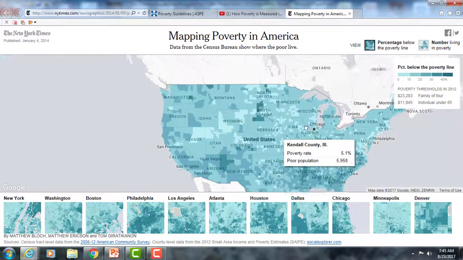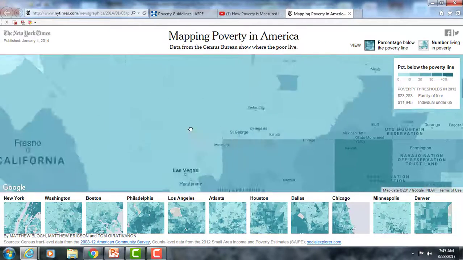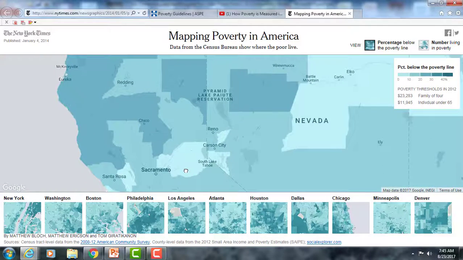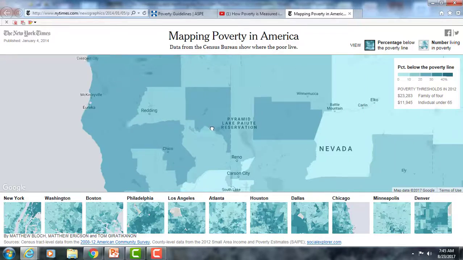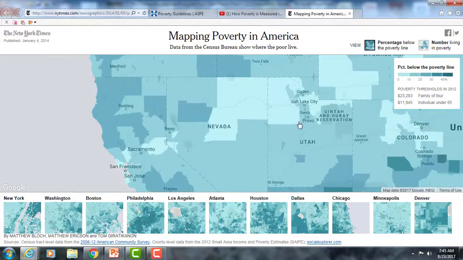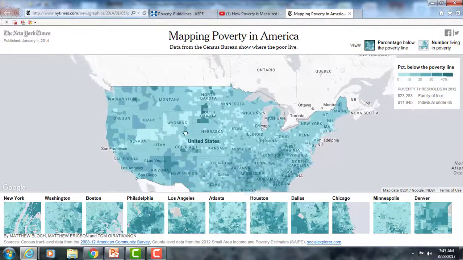We see some trends here, right? So the darker the blue, the more people below the poverty line, the lighter the less. But let's scroll into our region. So up here, right? So if we look at Reading, we have about 10 to 20% below the poverty line, and then our more rural areas around us, about 20 to 30% below the poverty line. But I wanted to, it's not letting me scroll over. Anyway, this is kind of an interesting map to check out and useful, right? Useful to get a sense of where are we seeing higher rates, concentrations of poverty.